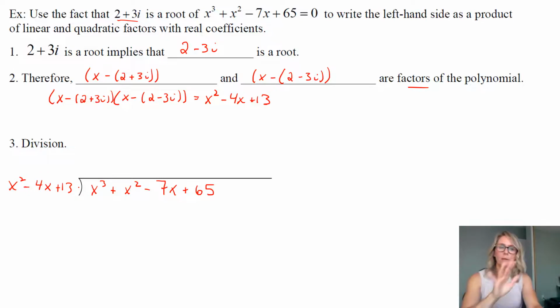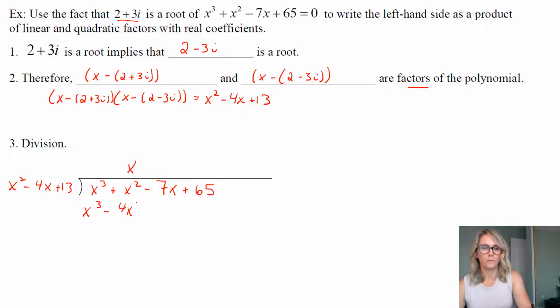So again, you can pause, see if you can get this answer here, and then come back and see how you do. So not surprisingly, x times x squared is going to give me x cubed. And then x times minus 4x is a minus 4x squared. And then x times 13 is a plus 13x. Then we